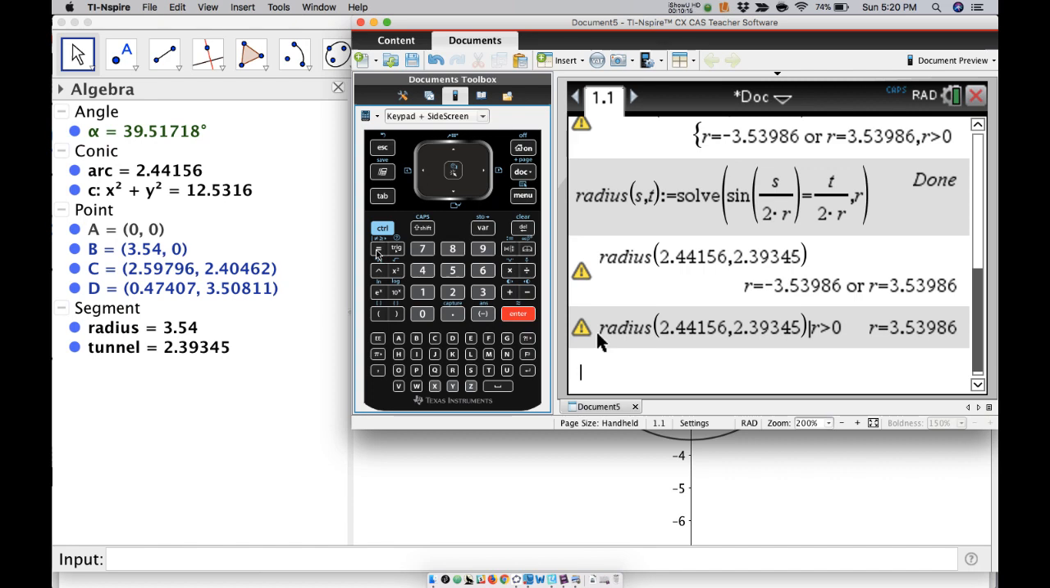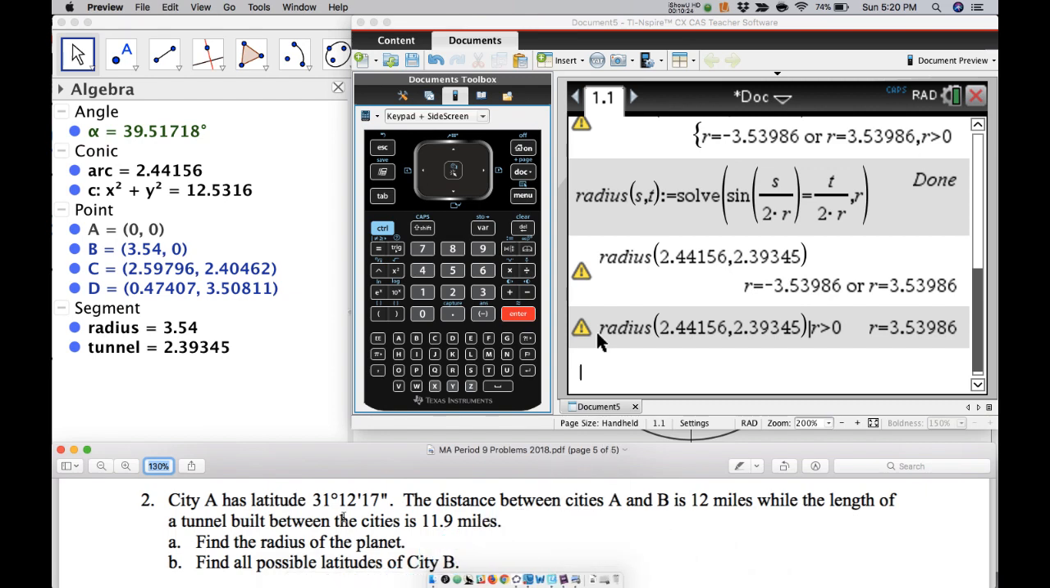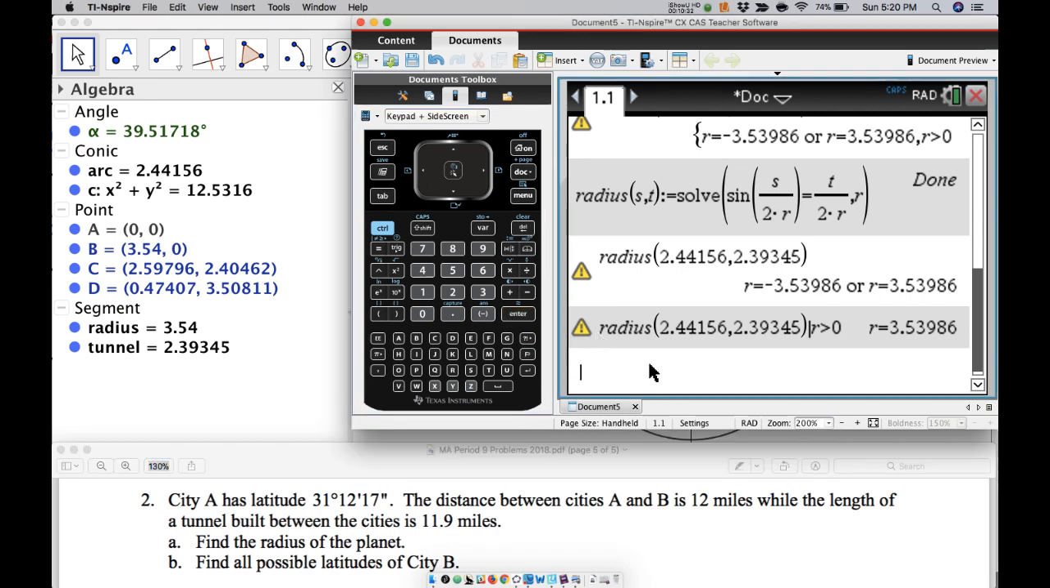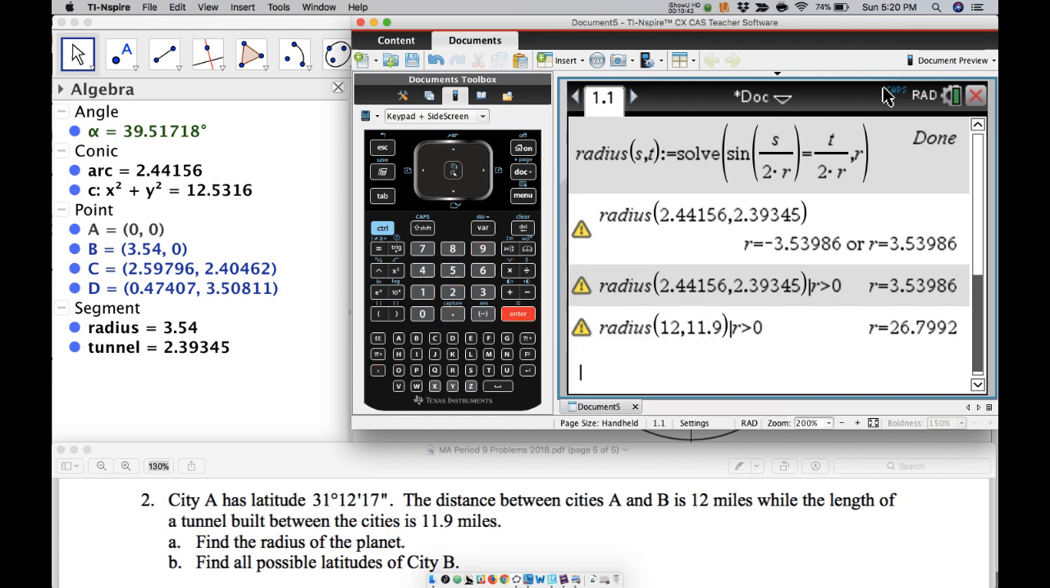So it gave me 3.53986. I think this is definitely working. Okay, so that's good. Let's go back to the original problem, if we can remember it. For our original problem, we know that S is going to be 12, and that T is going to be 11.9. So let's deal with that. I'm going to change this. Let's get the cursor out of the way. So 12 is going to be S, 11.9 is going to be that. So it gives me R is